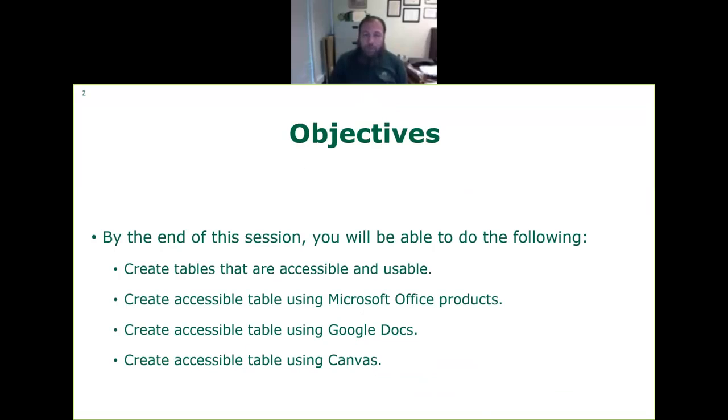So the objective of this session, we expect that by the end of the session you'll be able to create tables that are accessible. And we'll show you how to do that in Microsoft Office. So you'll be able to do it in Microsoft Office, in Google Document, and also in Canvas. And this is our agenda.